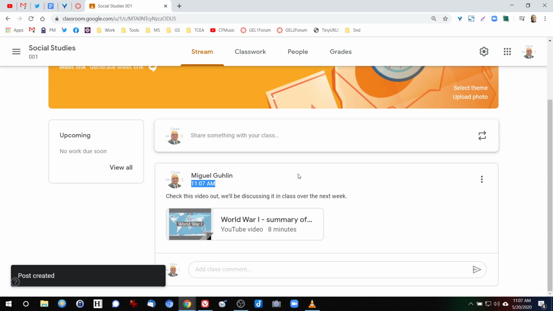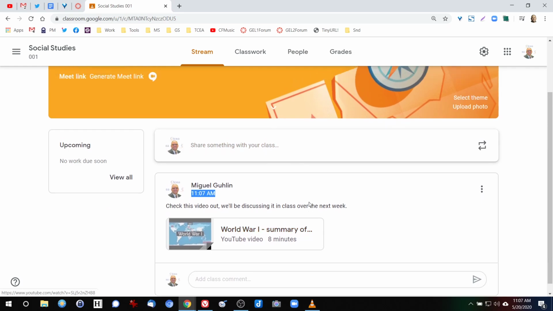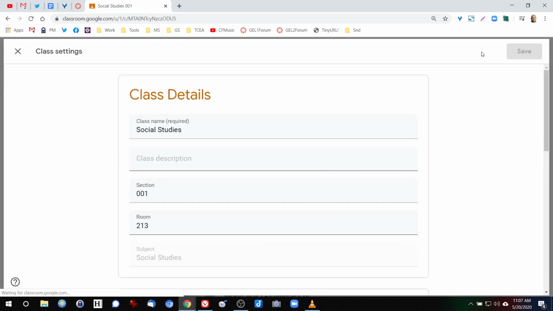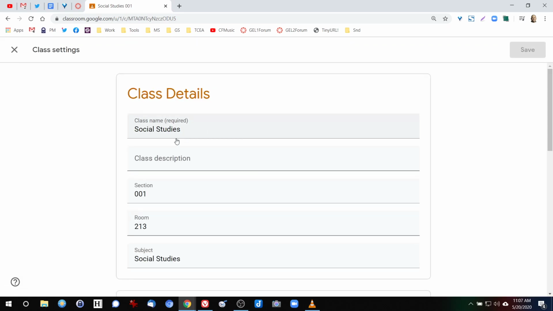So now this is in my stream, and students are able to see that. Now, you can control the amount of participation that students have. You can come up here to your settings, or it's called a gear cog or a gear, whatever you want to call it. Just come up to the top right hand corner and click on that gear,